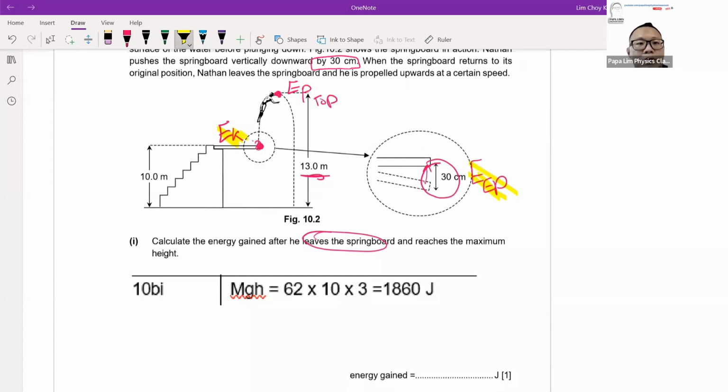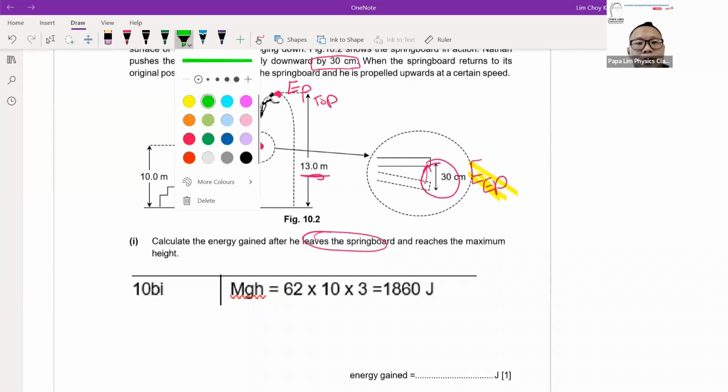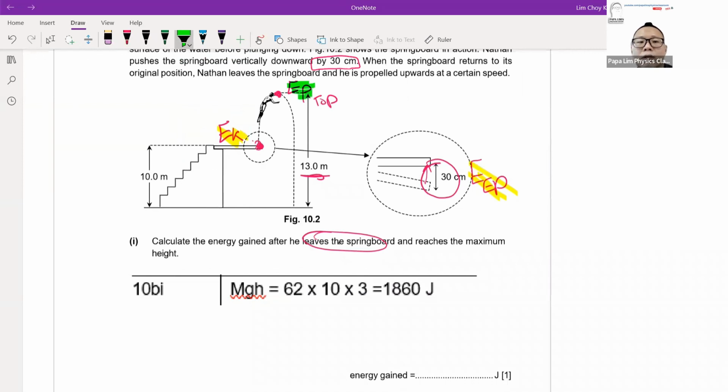So energy is converted through different forms, from kinetic energy to potential energy at the top. If you look at the transformation here, the elastic potential energy from the board is converted to the kinetic energy of Nathan when he leaves the board and is propelled upwards, and eventually this kinetic energy is converted to the potential energy at the highest location. So if I want to calculate the energy when he leaves the springboard, which is the kinetic energy at point 2,